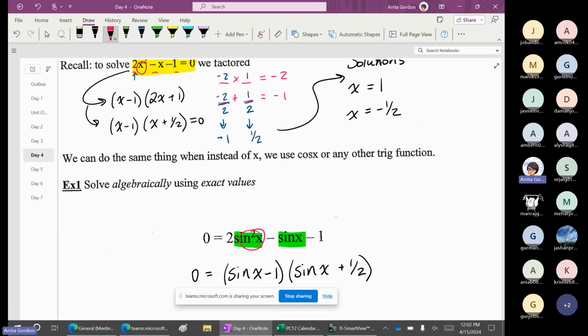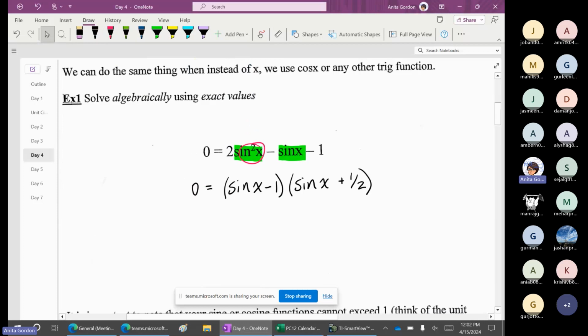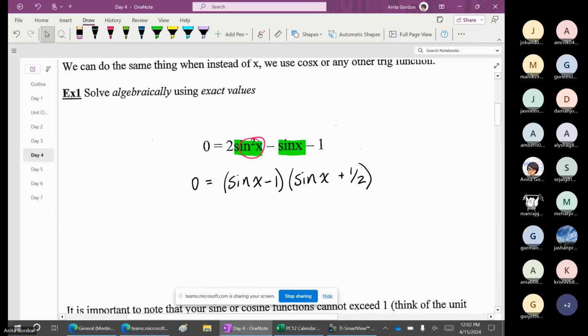It's still a quadratic equation, something squared plus something plus a constant. So the way that I solve a quadratic is going to be using the same steps. That means my two solutions are sine x equals 1 or sine x equals